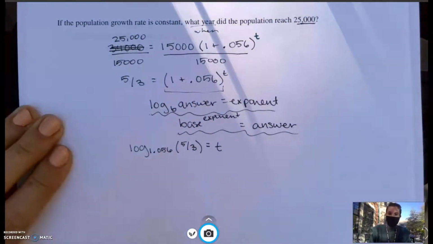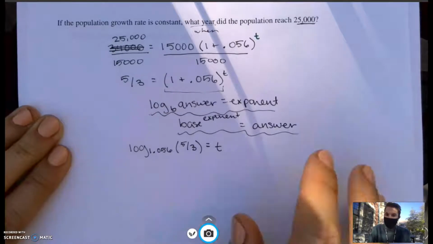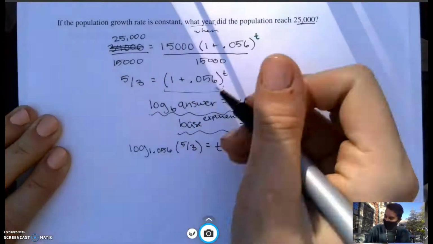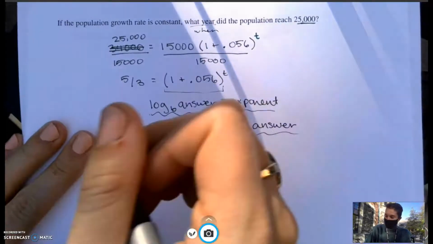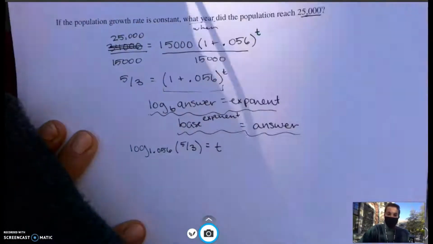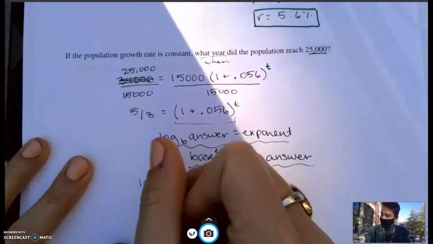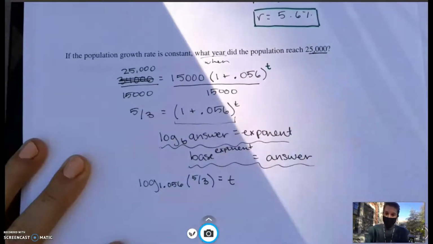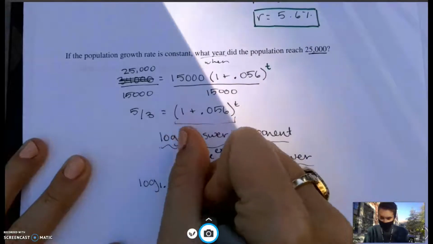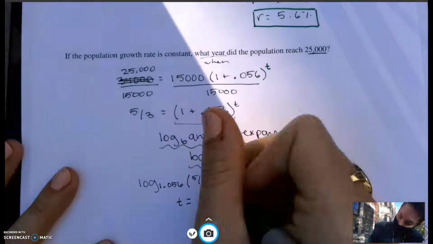Make sure you're comfortable with writing it like that. We just rearranged this, going from our base exponent form to our log base answer form. At this point, we type log base 1.056 of 5/3 into our calculator, and our calculator spits out that our answer is t equals